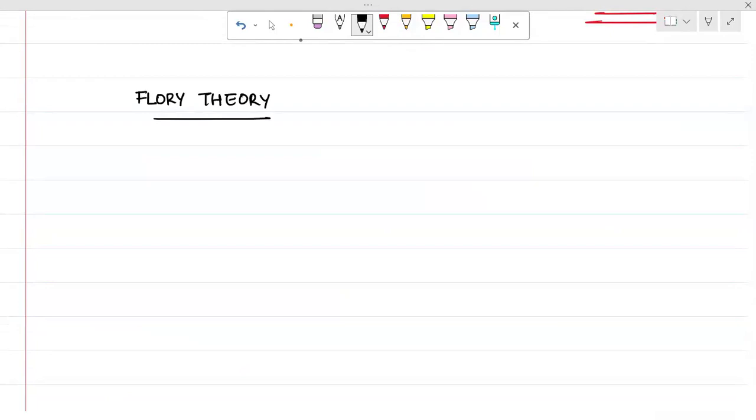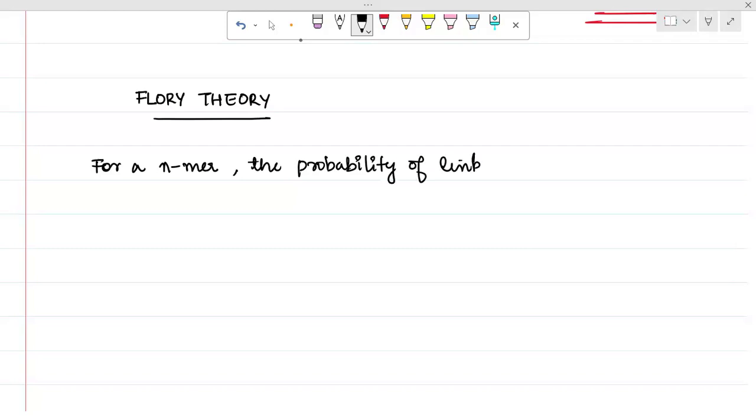So it says that for an n-mer, that means there are n monomer units, the probability of linking n monomers